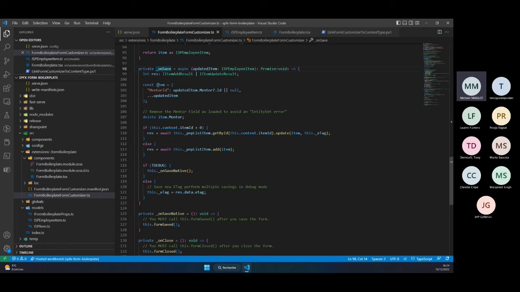I'm reorganizing my item, because here, for example, I have a person field, and if I want the person field to be included in my update process, I have some cleanup to do. So I have to mention this mentor ID. I have to remove the mentor field